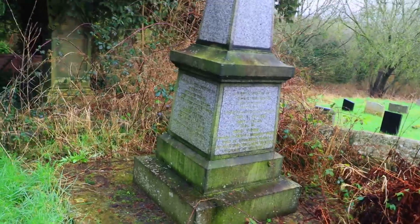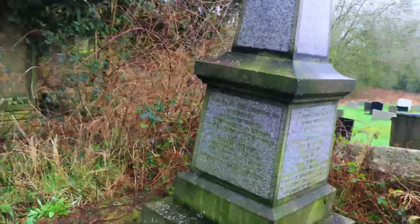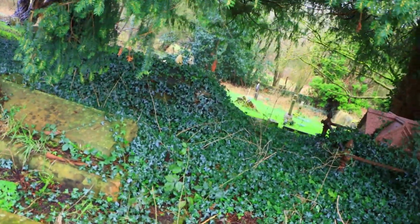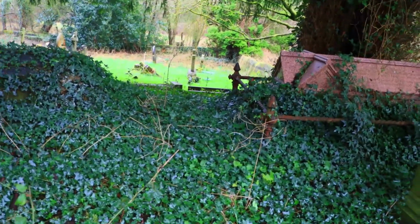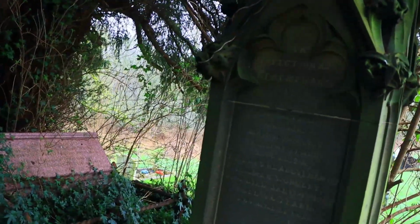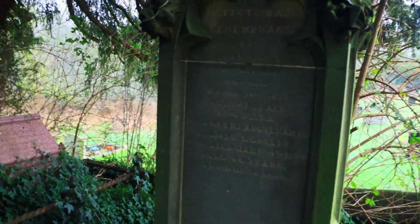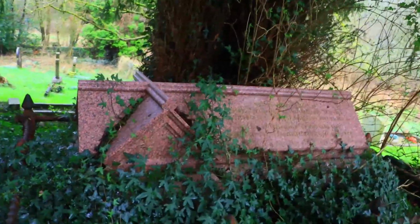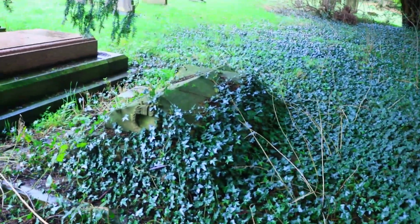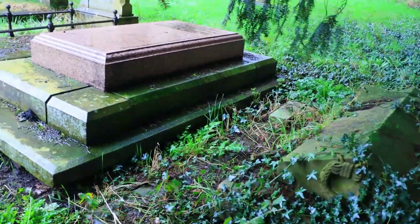Can't quite make out the wording on them. And there's two here, sort of totally. I'm fighting my way through brambles and all sorts to get to them. I think that's probably a tomb there, but there's this one, 1869. Another high status one because it's surrounded by metal and you can't make out what it says. We're under the trees here, so